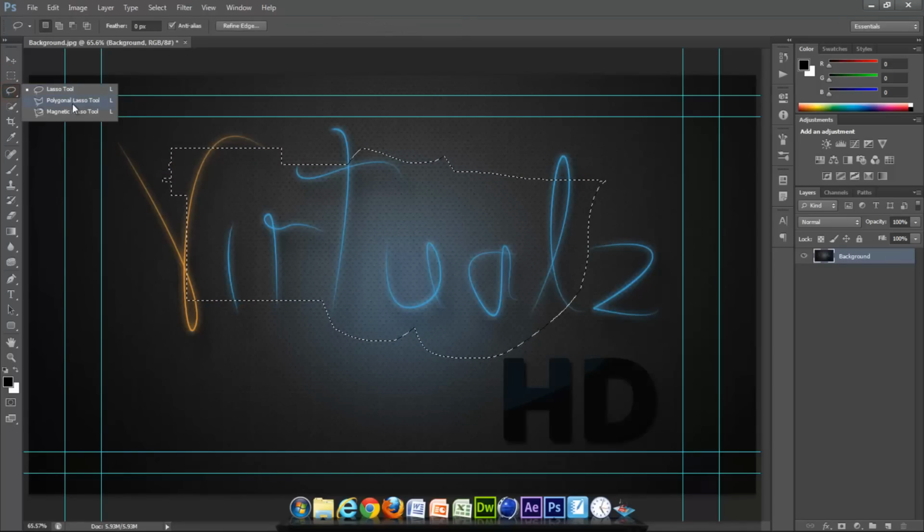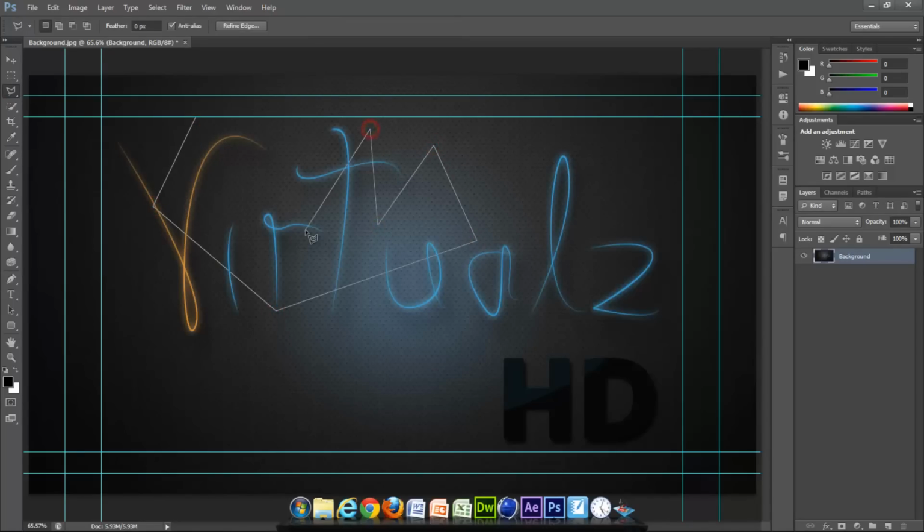Next we have this polygon tool, and what you do with this is it just snaps to wherever you click. So just click to start it off, and then click for next time, and it will snap to that. This is the magnetic lasso tool, and what you do with this is it will stick to the color boundary. So wherever there's a change in color, it will stop there to help you select a bit easily,